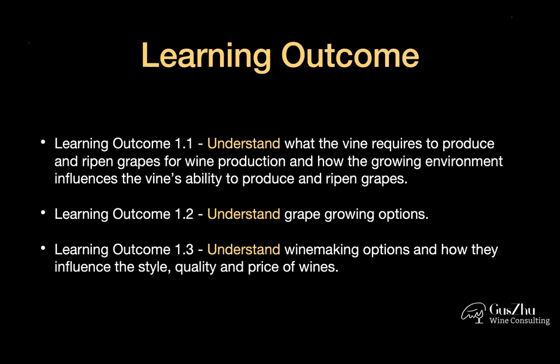For example, I mentioned in level 3, you should already know Alsace, Pinot Gris, Vendange Tardif, right? Before you move on to learn level 4, you need to understand what that Vendange Tardif, the VT style is. Do not move on to level 4 if you don't understand that the VT is not always sweet. Vendange Tardif just means late harvest. But when you actually make wine, you can make a drier or sweeter style by using the late harvest grape, depending on the winemaker's choices.